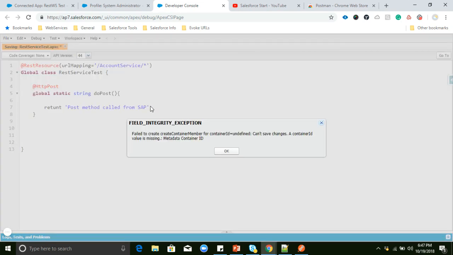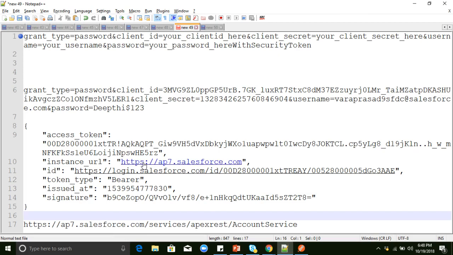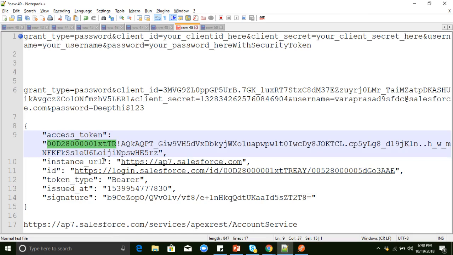So just think this is a simple class only. For example, we want to call this class from SAP. Here nothing is there, we will just call this post method. I will show you how we can call it. After the access token is generated, we need to observe this. This is the access token, and this is our Salesforce base URL, sandbox, or login.salesforce.com, and the token type, this token is bearer. So we need to pass this token in the headers once we generate the access token.